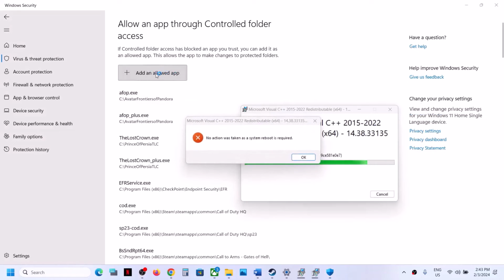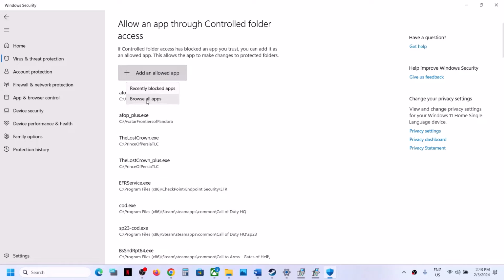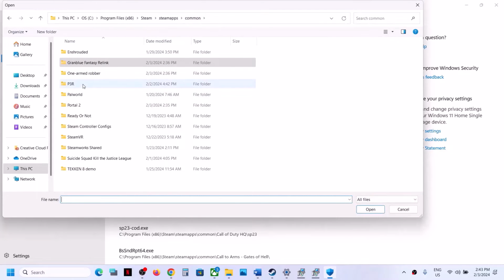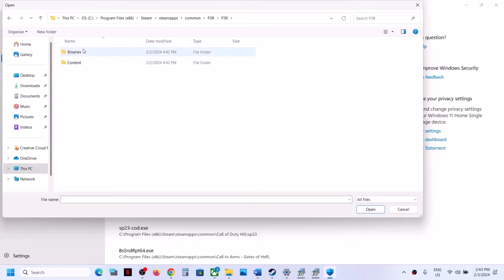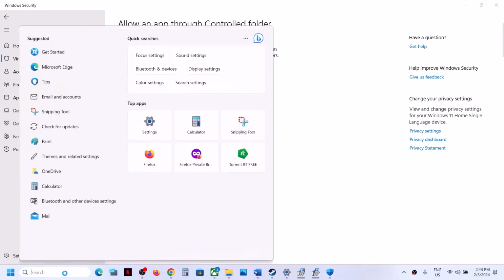Now click on add an allowed app. Now click on browse all apps and then go to the game installation folder and then open the game folder. Select the game exe file. Now click on open. Now once the game is added over here, now type in control panel in Windows search